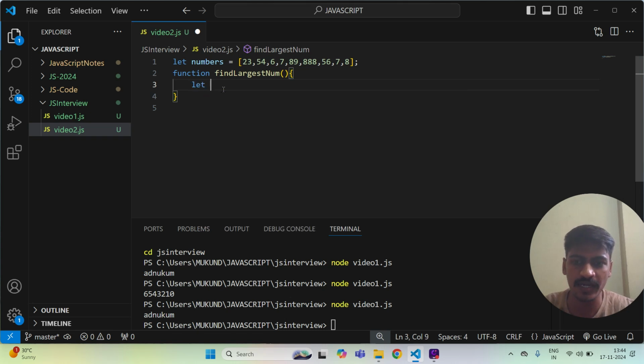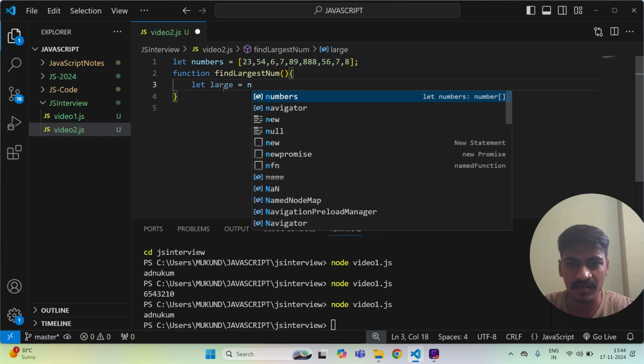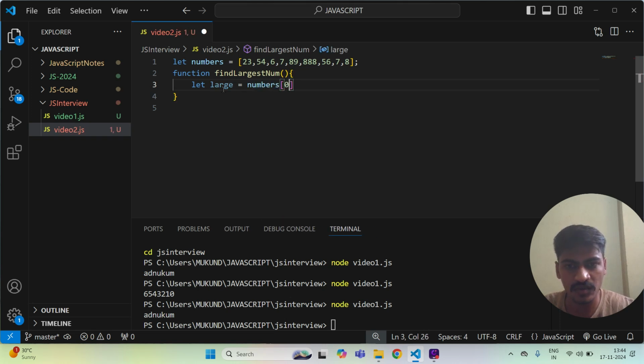Inside the function, we need one variable where we assign a default value for that array, the largest value, so I will simply name the variable large. I am assigning it numbers[0]. It means the zeroth value of that particular array is assumed to be the greatest number. That's why I put that in large.